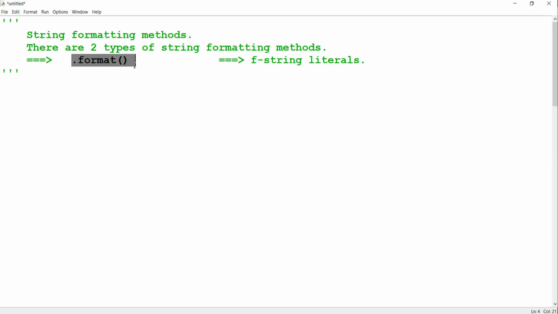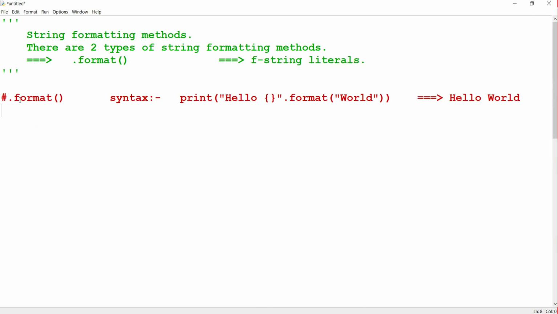One is the dot format method and another is f-string literals, also called formatted string literals. The dot format syntax is given by, so if we take print and in this print we take hello as a string, and here we give a space followed by curly braces or flower brackets. This is called a placeholder.